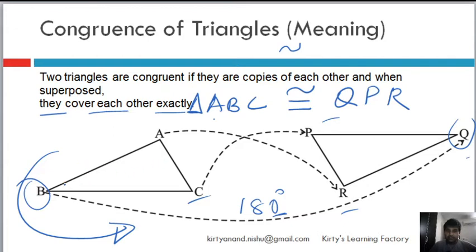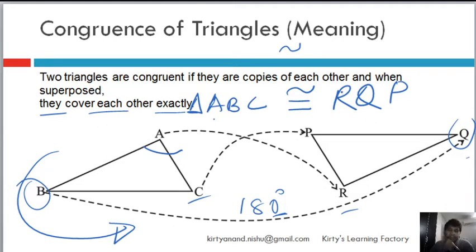Now we know that angle BAC is equal to angle ABC. So sorry, just give me a second. Let's write it properly. Point A corresponds to point R, so we will write it as R. Point B corresponds to Q, so we will put it as Q, and point C corresponds to P. That's how we will write the congruency, that triangle ABC is congruent to triangle RQP.